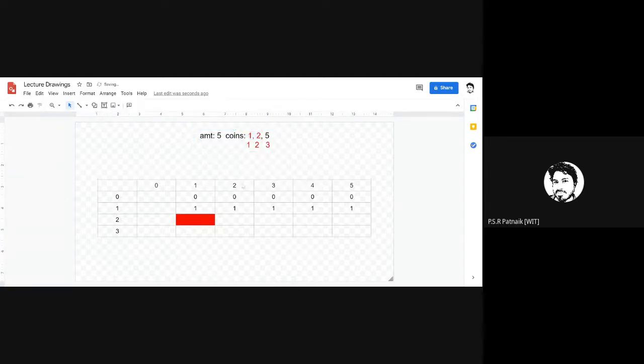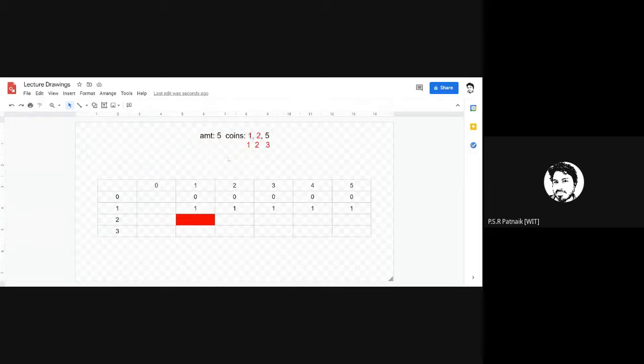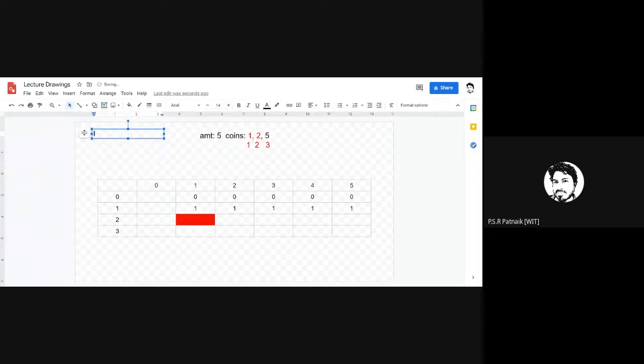1 and 2. So considering this, here is a step where we build a solution based on an earlier solved subproblem. For the time being, let me create a small example. I have an amount of, let's say, 2, and I have coin 1. In how many ways can I realize this? The number of ways is 1, right?